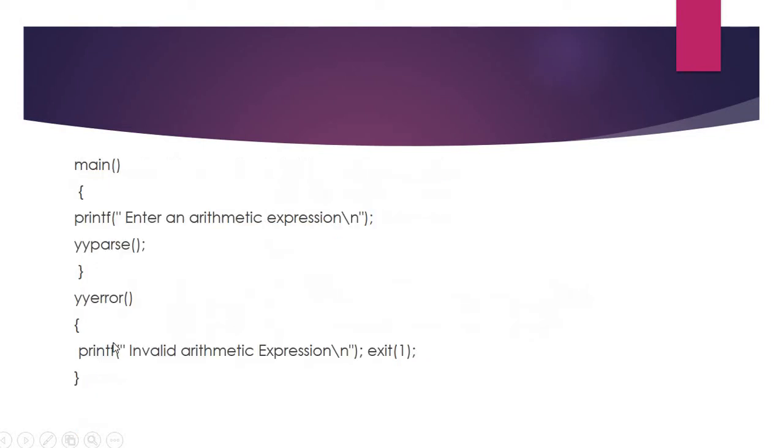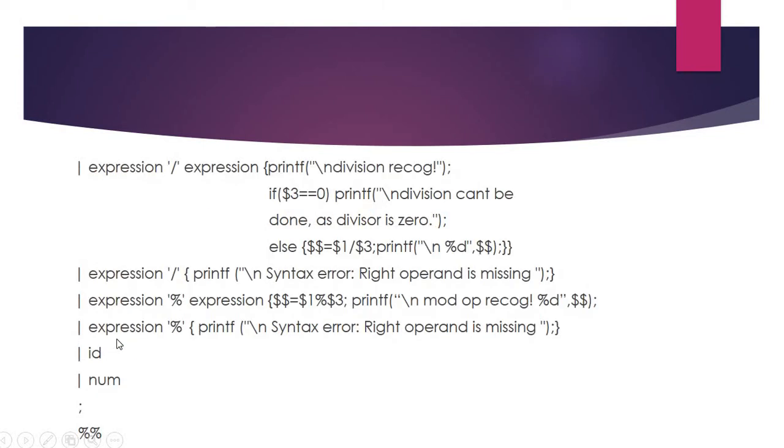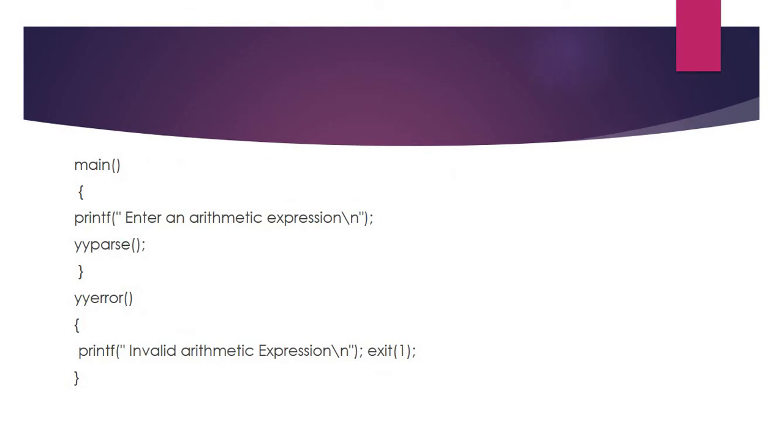And expression produces id, that also we want to recognize. Expression produces number, that also we want to recognize. And here the vertical bar we have used for combining all these rules, because the left hand side of the production rules are the same. So we can combine them by using the vertical bar symbol and finally a semicolon to terminate the production rule. So now the rules part of the Yacc program is over by mentioning the double % symbol.